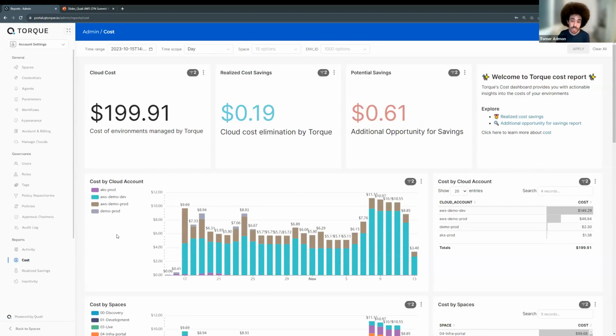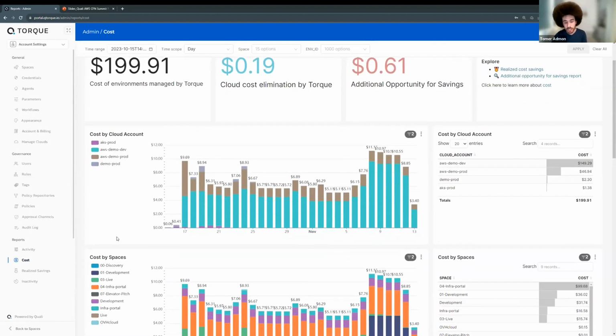And using those labels or those tags that were added throughout the deployment process, we will know exactly how much things cost. But it's not just that. We know what was deployed through Torque, so we have the right business context for that. We know who deployed that, for what reason, in what group that person is, et cetera.